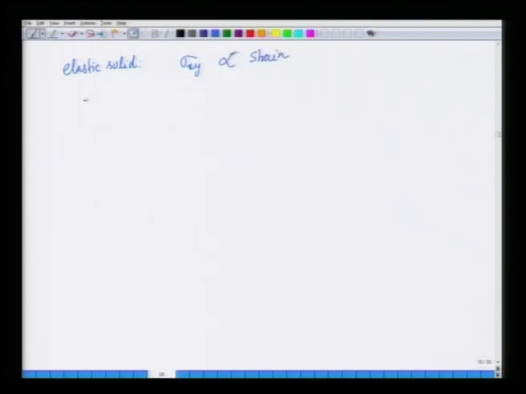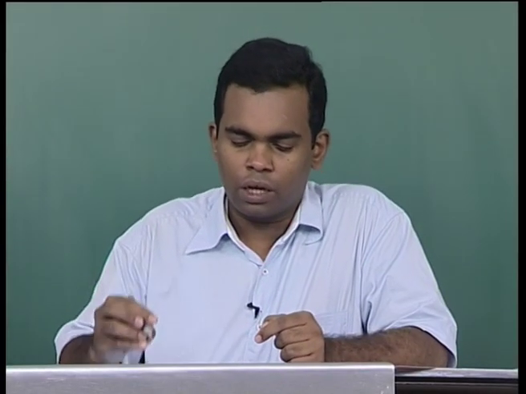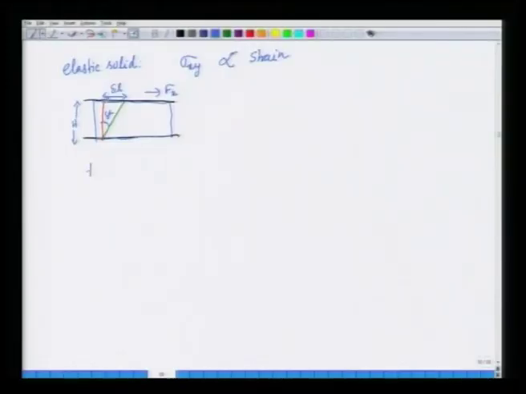So, let us draw this picture again. You have these two plates and a piece of solid, a rubber, let us say. Before deformation things were in the red line, and after deformation things were in the green line, and this angle is delta alpha. This distance is h, and let this displacement be delta L. This is the force Fx that is acting on a surface whose unit normal is in the y direction. Now, from geometry, tan delta alpha